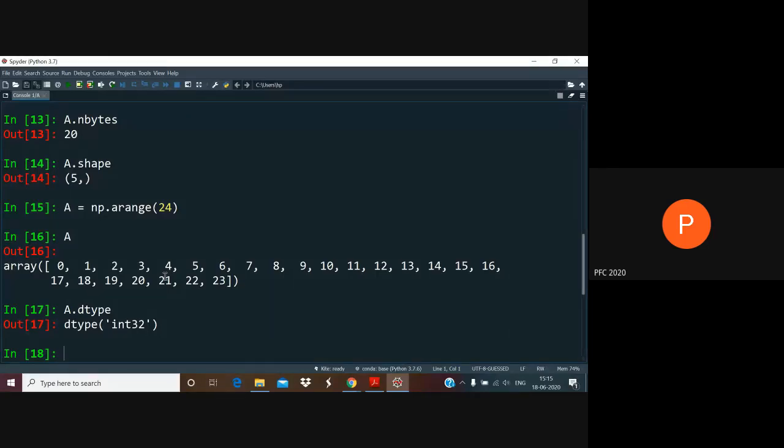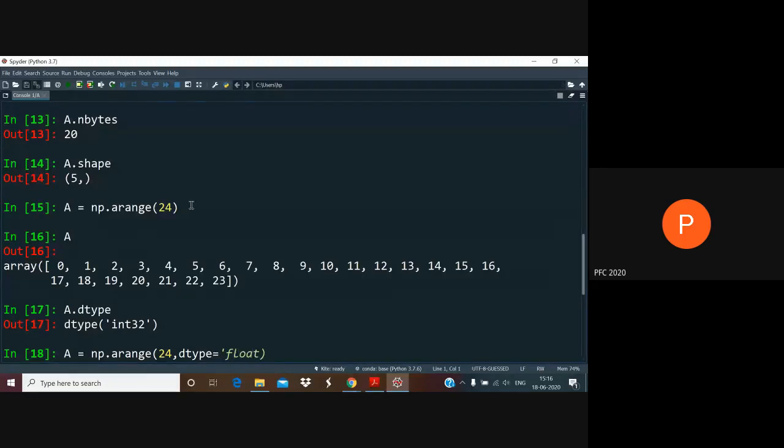But just to point out that even with this command, np.arange(24), I can actually create a floating point array by adding a few extra optional arguments. In this case, one optional argument, which is I can specify what the dtype is.